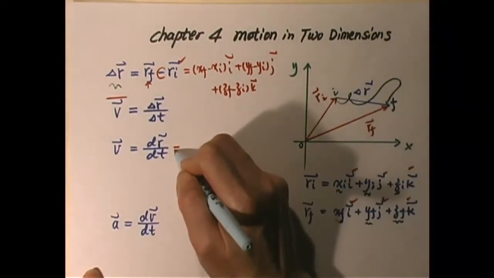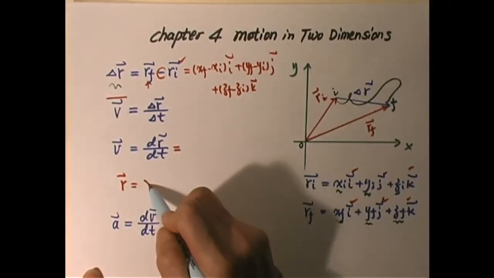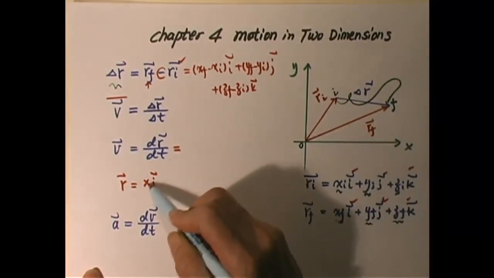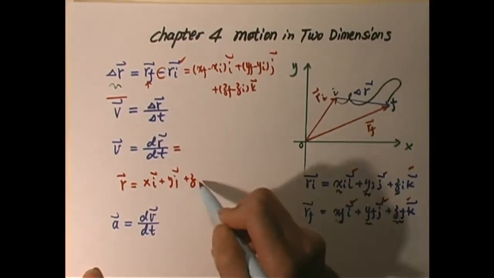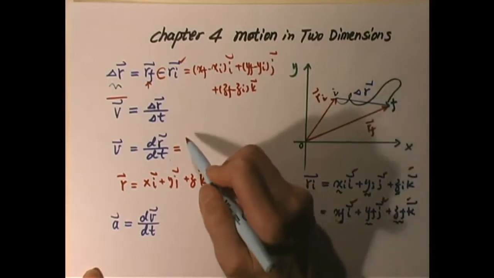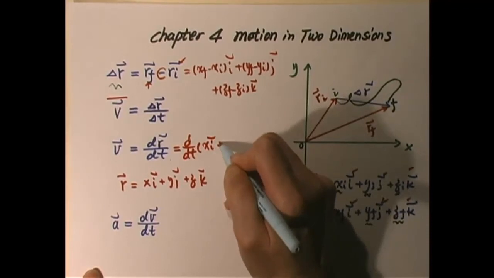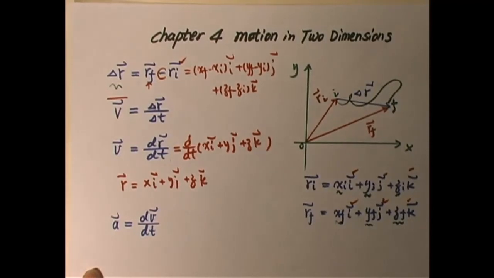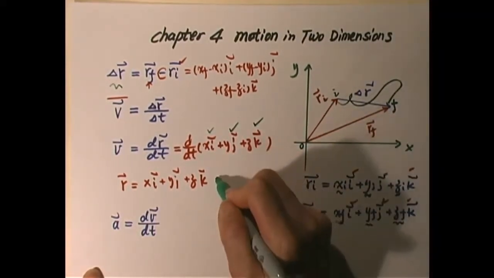Let's take a look at this case. r is a position vector of any kind. It is x i, it's just a position, so it's arbitrary: x i plus y j plus z k. So if you take d/dt of this r, actually we have to take d/dt of 3 terms. We know that if we want a differential of 3 terms, then we have to take the differential of the first one, second one, third one. So what we have